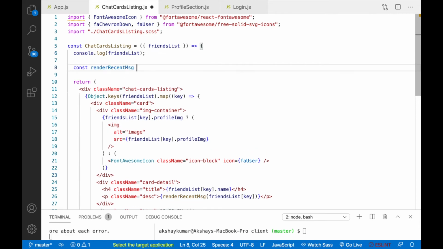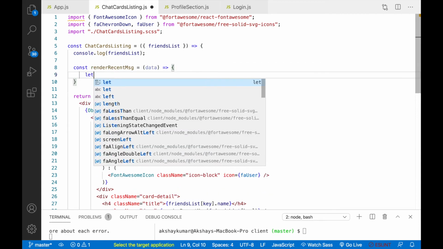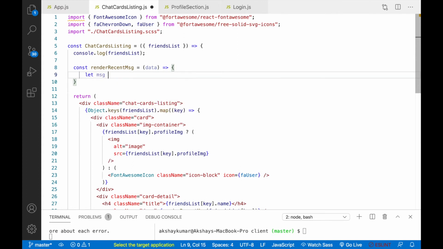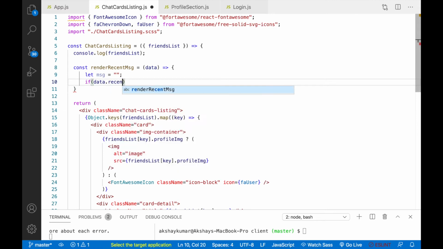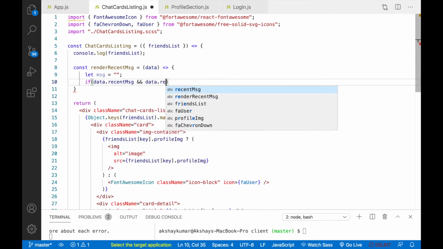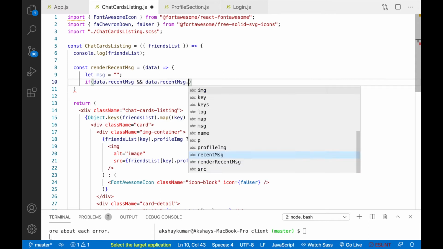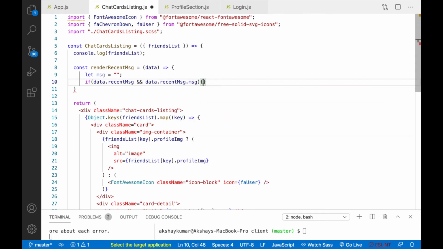So here we'll take data, let message equal to an empty string, if data.recentMessage and data.recentMessage.message are available.